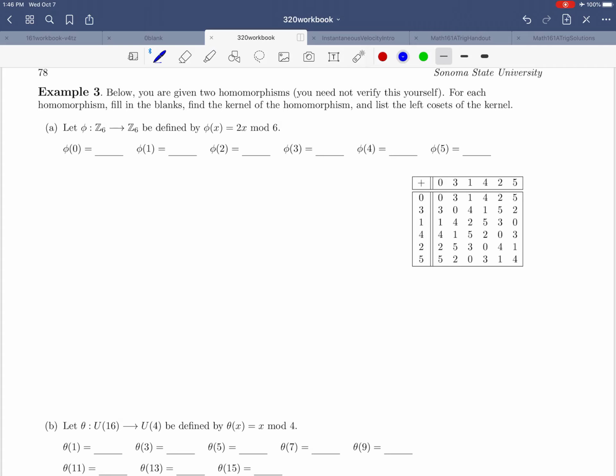In example 3, we're going to look at two examples of homomorphisms to learn a little bit more about how homomorphisms work and what properties homomorphisms have. All right, so let's look at our first example,